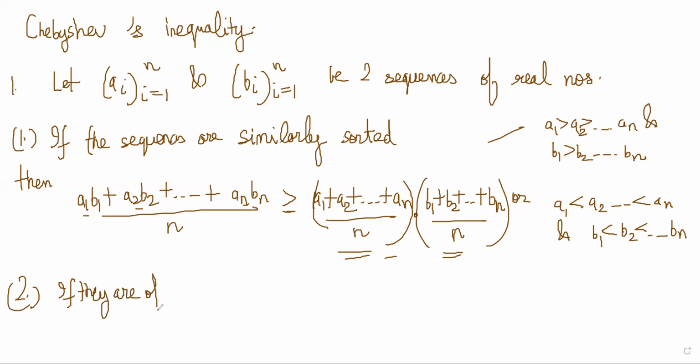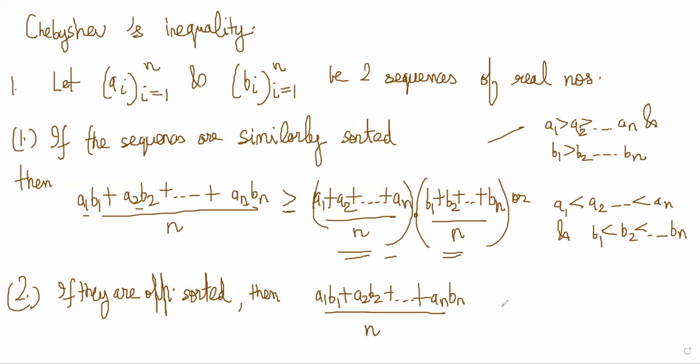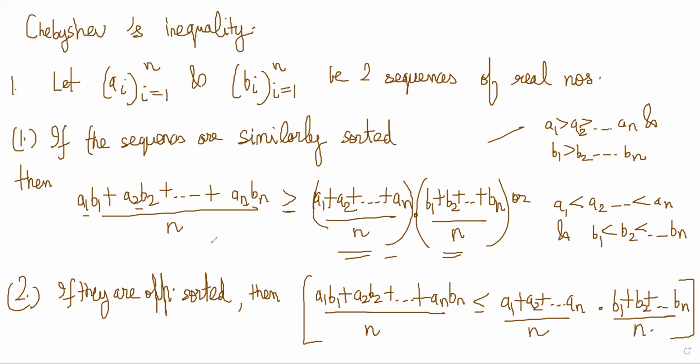If they are oppositely sorted, so basically you have either A1 greater than A2 greater than An and B1 less than B2 less than Bn, right? Or the reverse of that. Then you have (A1 B1 + A2 B2 + ... + An Bn) by n is less than or equal to (A1 + A2 + ... + An) by n multiplied by (B1 + B2 + ... + Bn) by n, right? In that case, if they are oppositely sorted, this quantity is actually lesser than the product of the AMs of